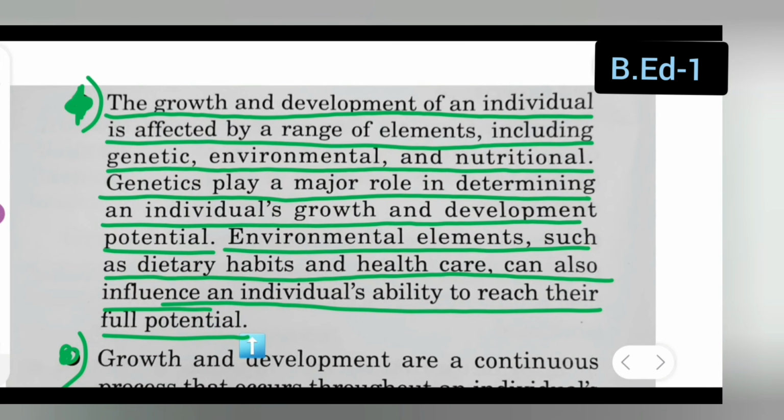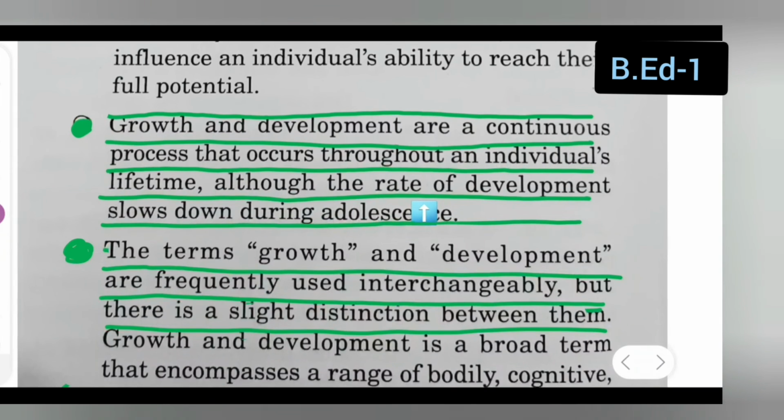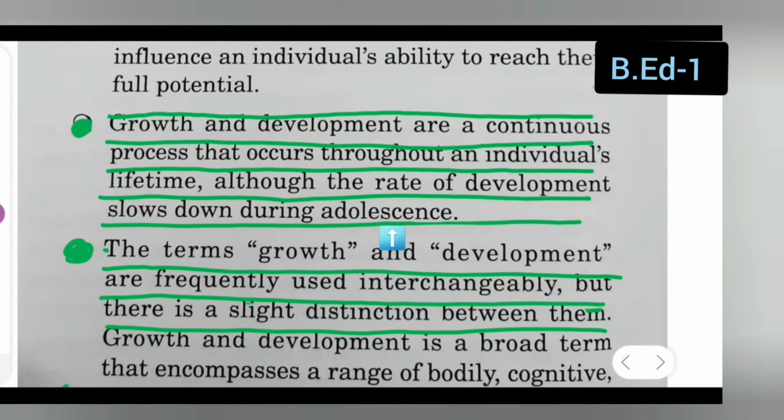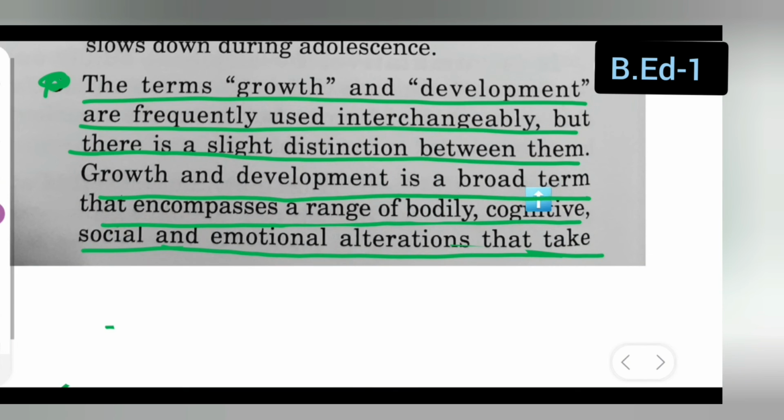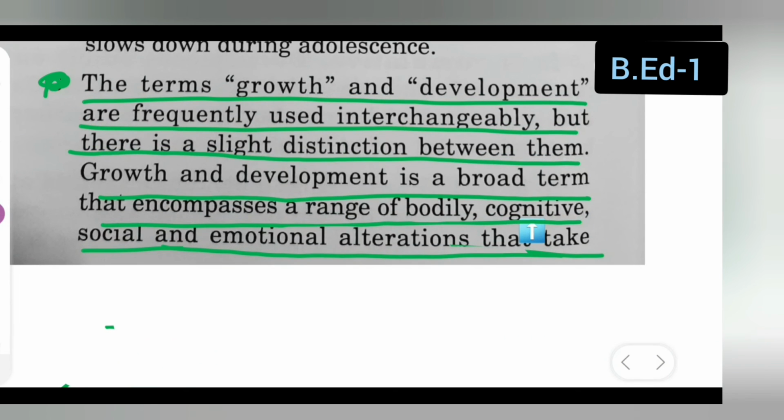reach their full potential. Next, let us talk about growth and development being continuous. You all can take down: growth and development are a continuous process that occurs throughout an individual's lifetime, although the rate of development slows down during adolescence. The terms growth and development are frequently used interchangeably, but there is a slight distinction between them. Growth and development is a broad term that encompasses a range of bodily, cognitive, social, and emotional alterations that take